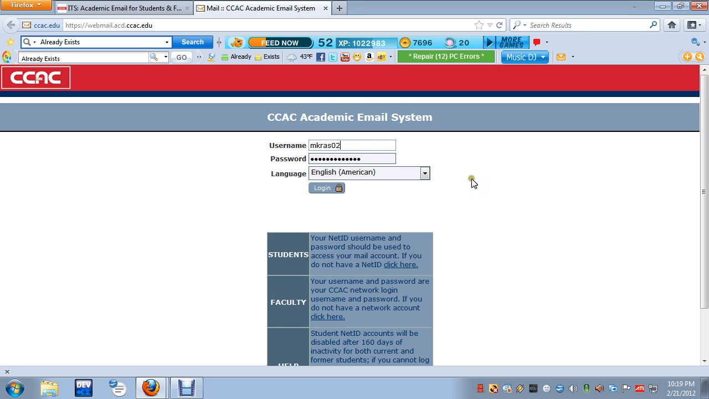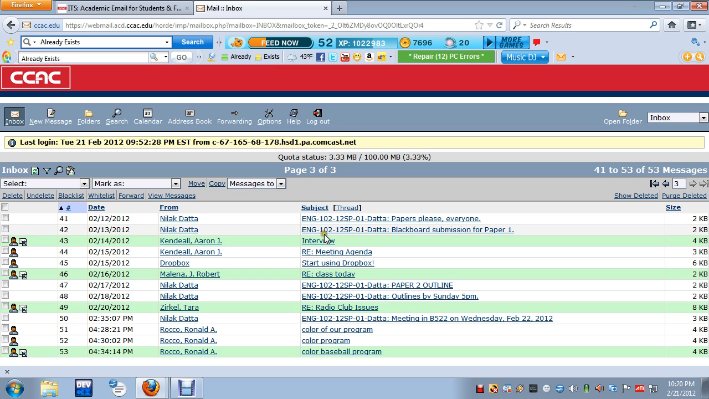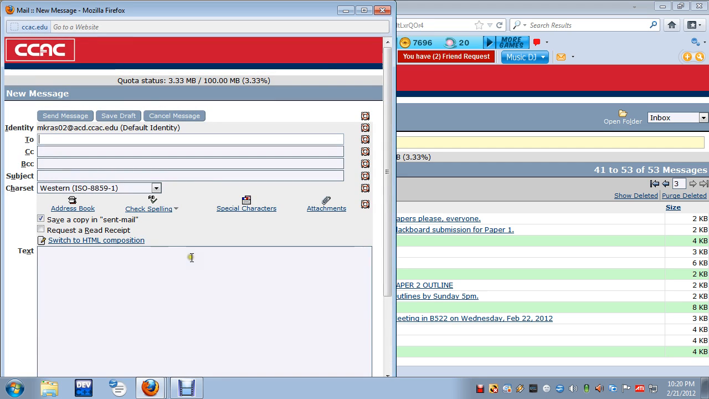This is my home computer, so I have this information saved, but it's the same information you use to log into a computer in the library or in the computer lab or in any other campus computer. So just log in here, and as you can see, I have some email here, a couple pages of it actually. You can click here to type up a new message,